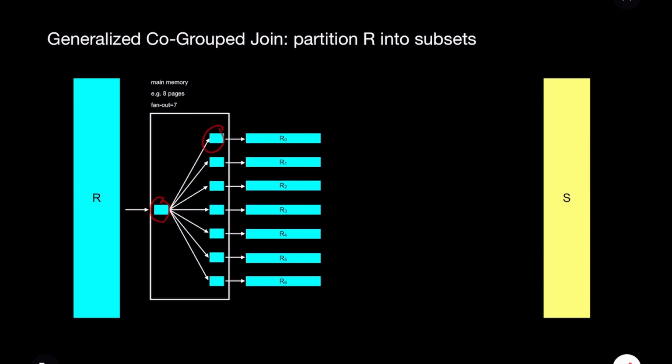So as I have 8 pages here, I have 1 input page spent here. So I have 7 pages left. Yeah? So this is 1, 2, 3, 4, 5, 6, 7 pages for the outputs. And then basically what the algorithm does for partitioning, it's also called external partitioning, is you always read 1 page